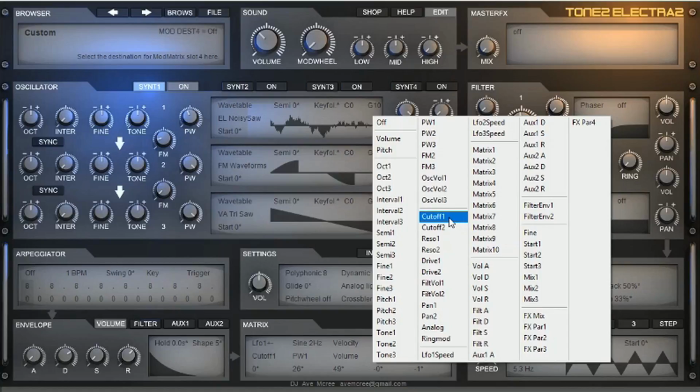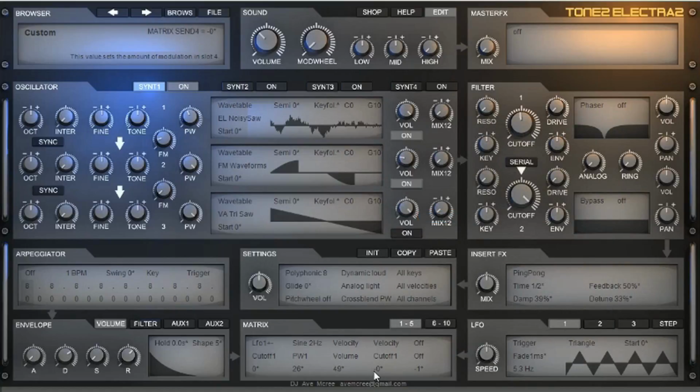But what I'm going to do is use the cutoff here. And now I'm also going to add some amount, of course. And then let's hear it more in the musical context here. So now that you hear it in the musical context, you can actually hear that custom patch that I made. Look at the top left part of the screen, all fresh, clean, non-recycled. You can hear that the sound is different,